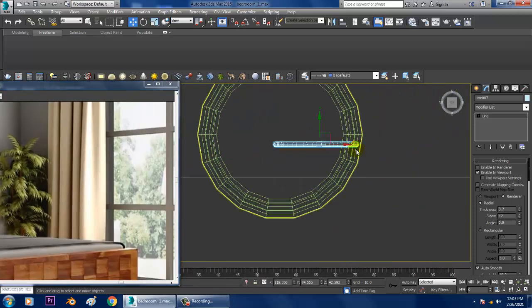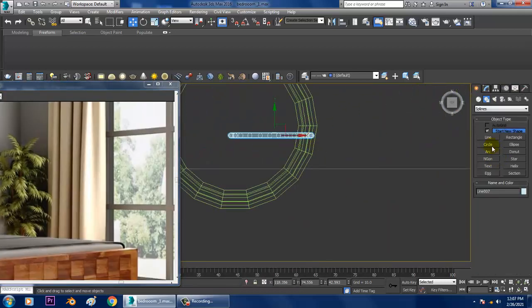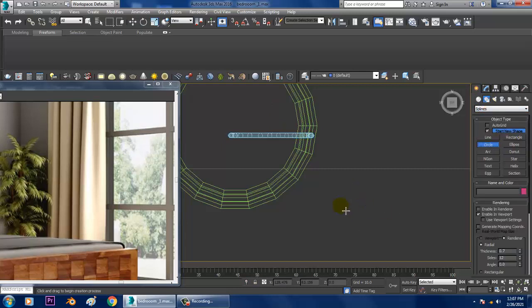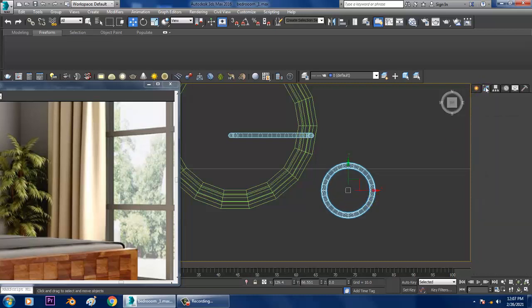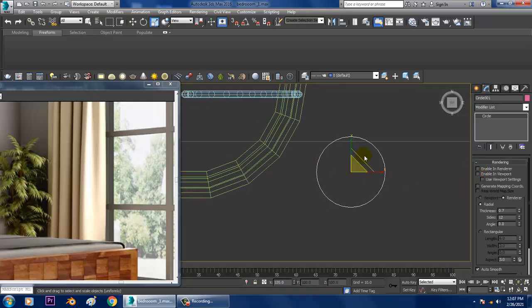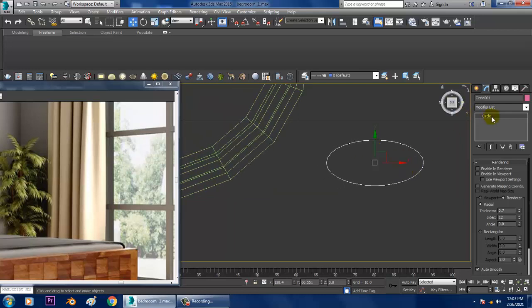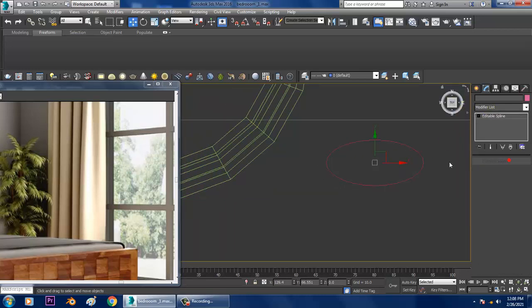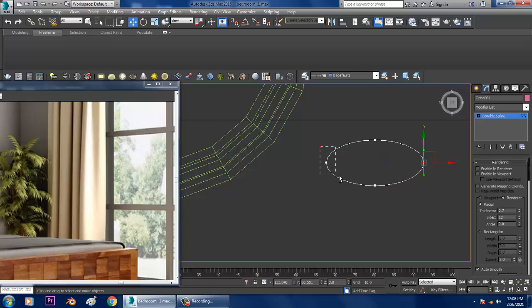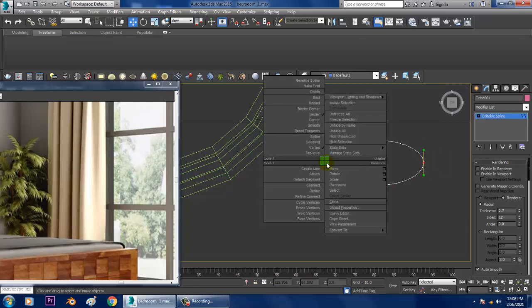So let's go into the top view. Let's create our own leaf over here. For that you can go into this circle, enable in viewport, right click, editable spline, go into the vertices and make it as a corner.